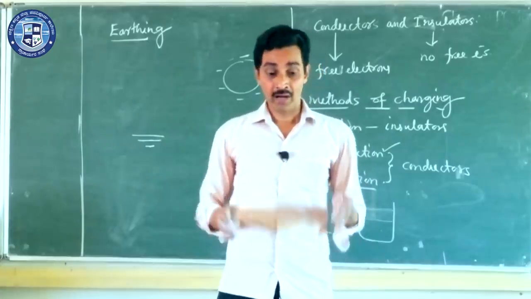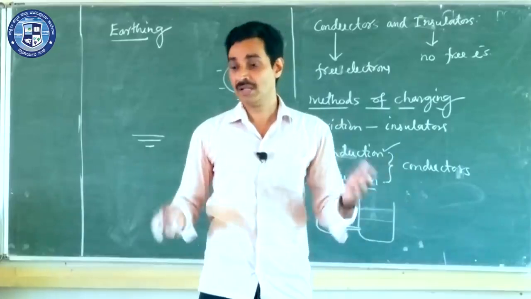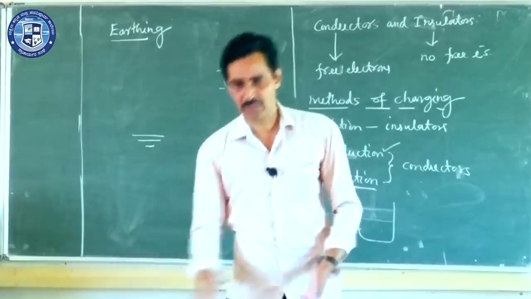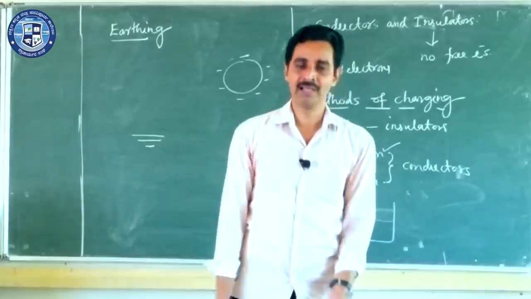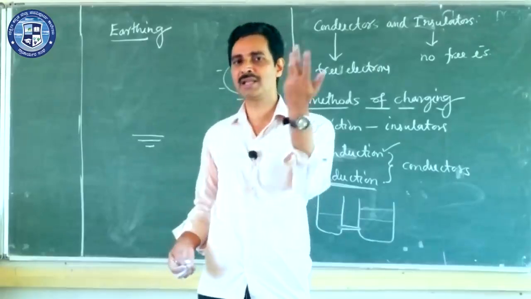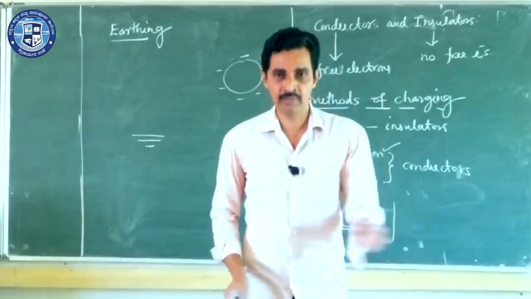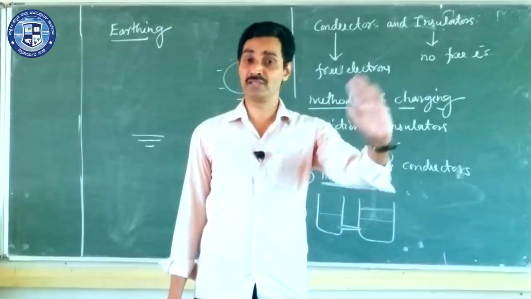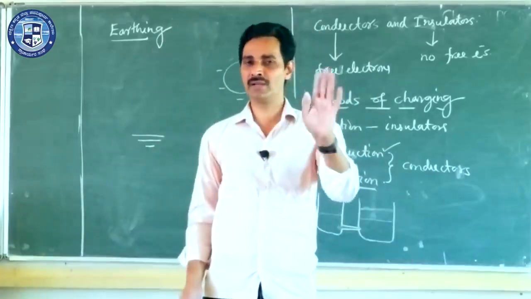Very simple. Earth is a very large object and its capacity of holding charges is very, very large compared to the ordinary objects that we use, like a straw or a wool cloth or whatever it is. If you add a few electrons to the Earth, it doesn't make any difference at all. And if you remove some electrons from the Earth, it doesn't make any difference. It is as if you remove one bucket of water from the sea. Does the sea level go down? Never. That one bucket of water is nothing in front of the sea water. And add one bucket of water to the sea. Will the sea level rise? No, never. It is nothing to the sea.